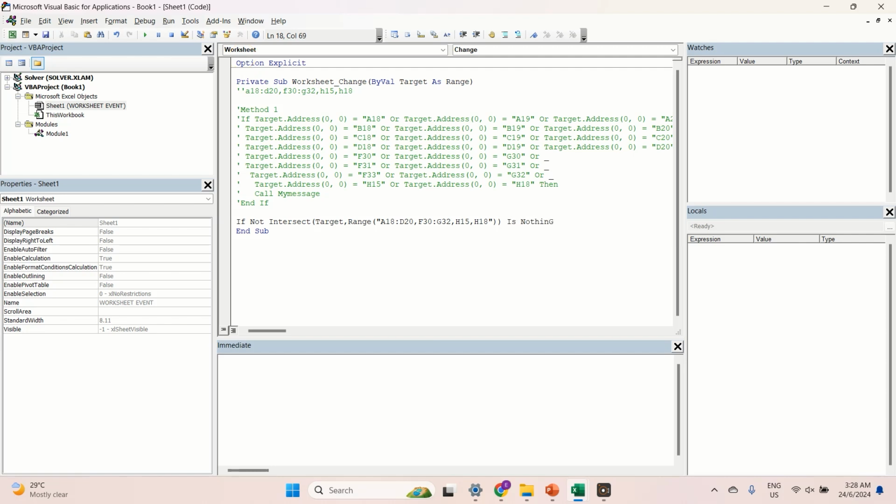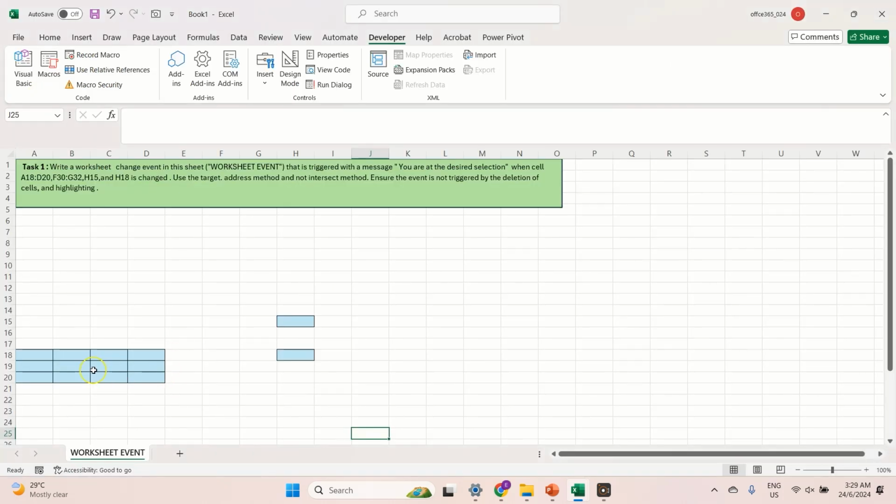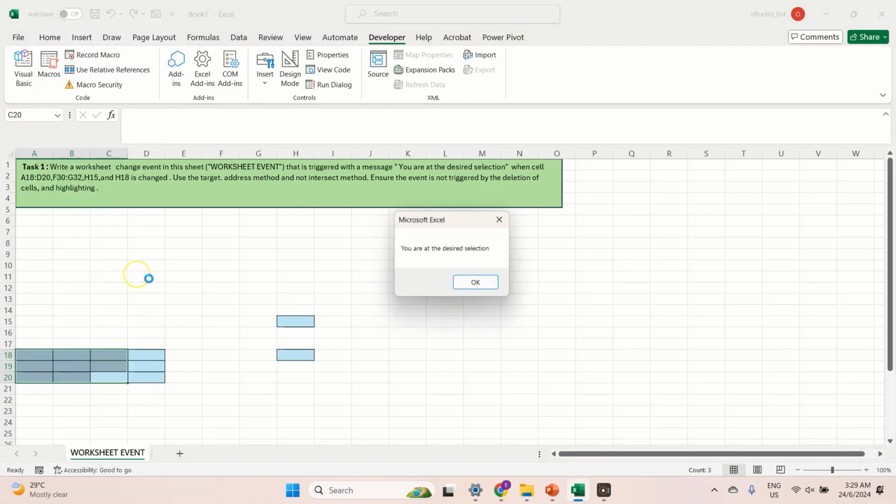then we're going to call my message, right? So this is a much simpler code. So is it going to work exactly the way it should? Well, the answer is no, and I'll explain to you why. So it's working fine. But now, when I try to select more than one cell and I'm trying to perform an unwanted operation, basically I'm clearing the content, you see, it's still giving me the result when I don't want that,